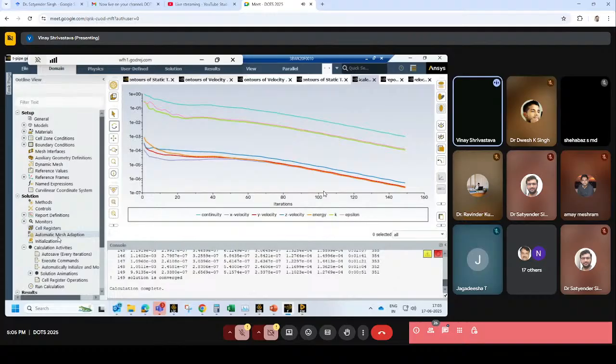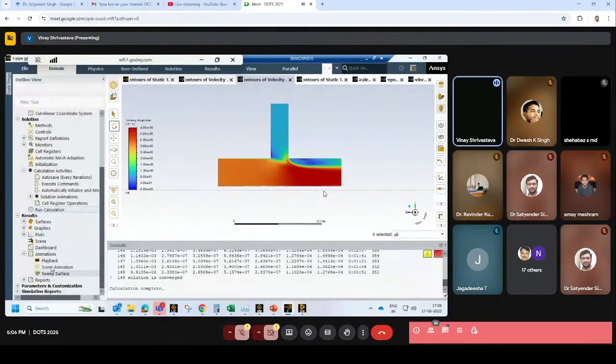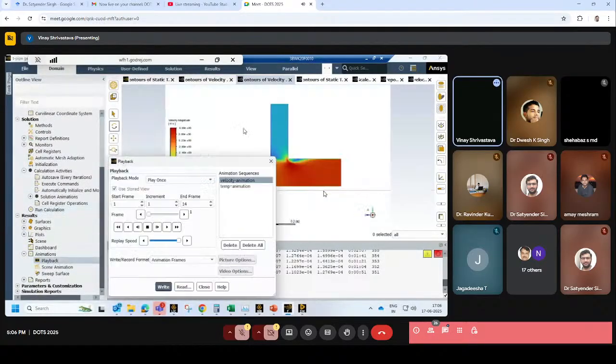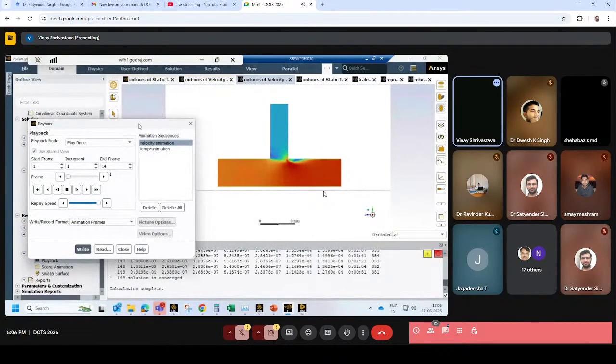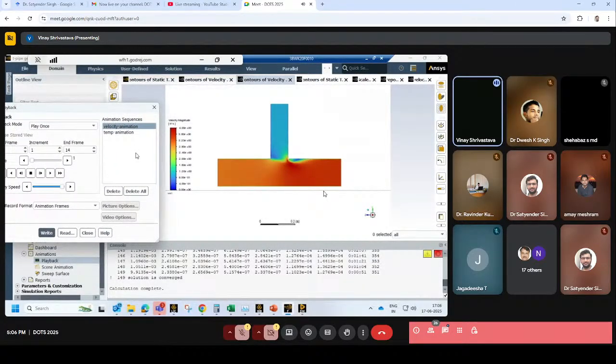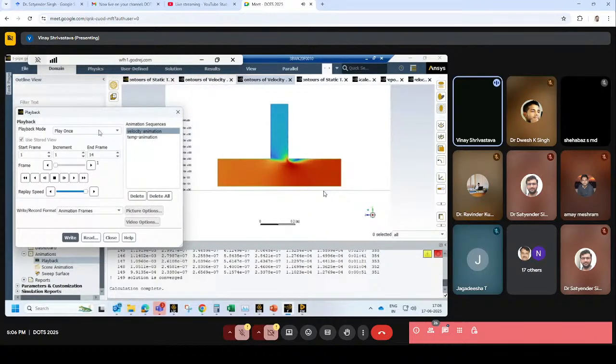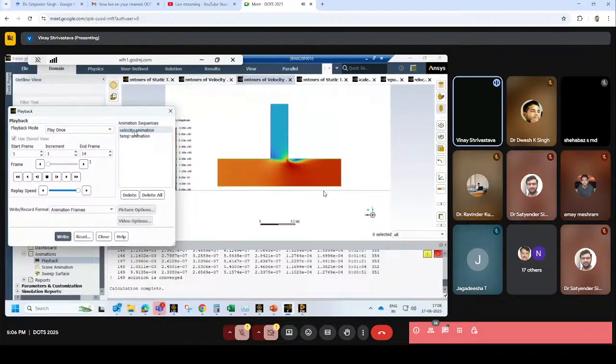Anyway, now I wanted to show you how you can make an animation out of this. Simply go to animation and then go to the playback. Here we have velocity animation, we have temperature animation. Although this is our steady state simulation and there is no meaning of animation, for let's say if you want to run a transient simulation and make an animation, how you can do that, I'm showing it over here. Click on velocity animation and then click on play. See, once you do that,